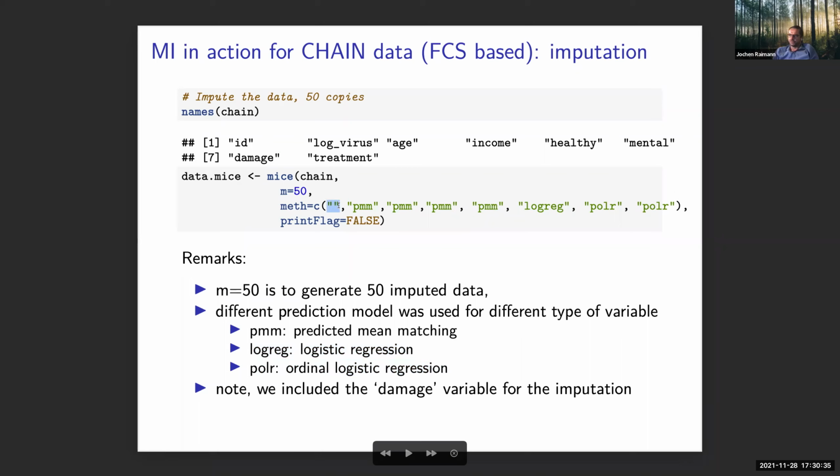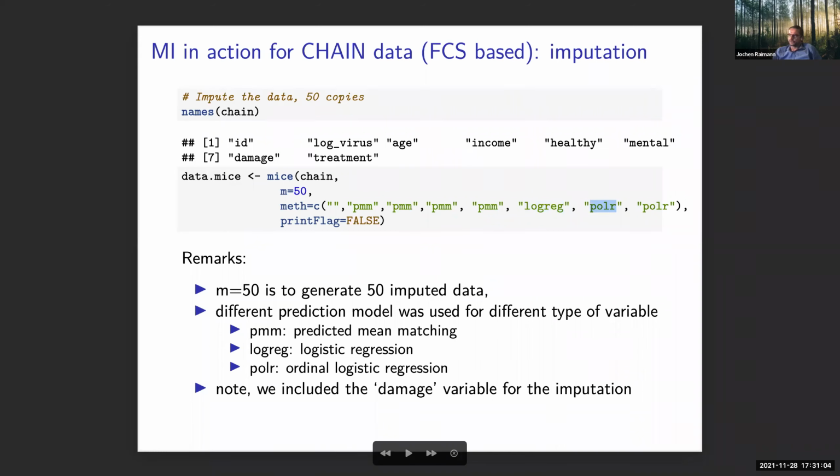So we have here, we do nothing for ID. We do predicted mean matching for log virus, for age, for income, for healthy, which are all continuous variables. Now when we come to the binary parameter, that's mental. Mental was 0 and 1. So here we do a logistic regression. And then we have the polytomous